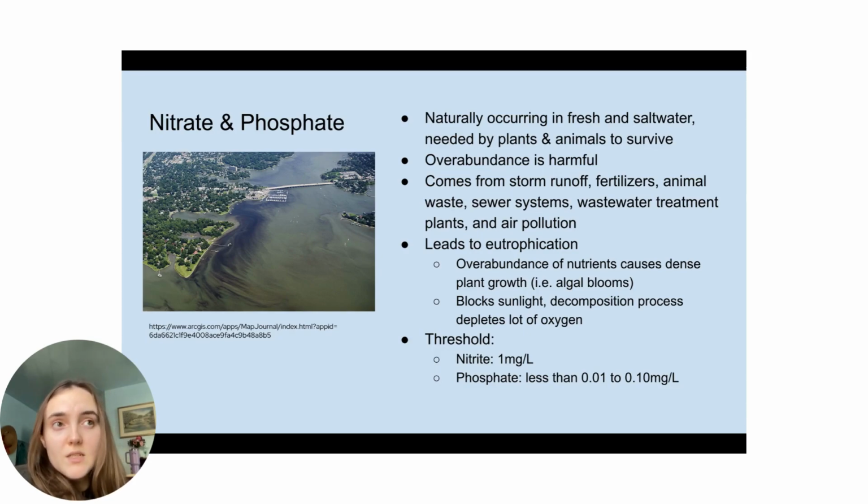Eutrophication is when excess nitrogen and phosphorus cause dense plant growth, which can include algal blooms. The algal blooms set off a cascade of other effects in the stream, which can lead to the death of aquatic animals. So here's how it happens. Algal blooms block light from the water, so the other plants don't get the sunlight they need, and these plants may die. With the excess nutrients, algae grows excessively, and then when the algae dies, it sinks to the bottom